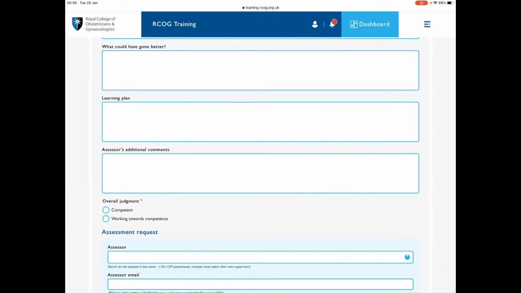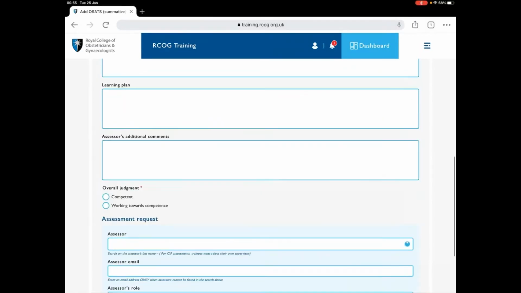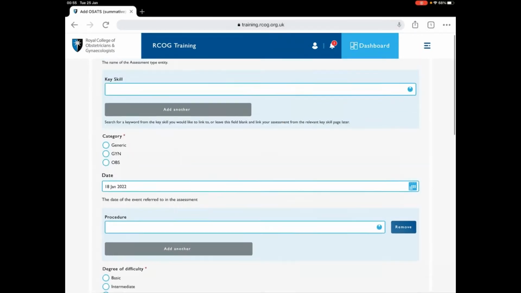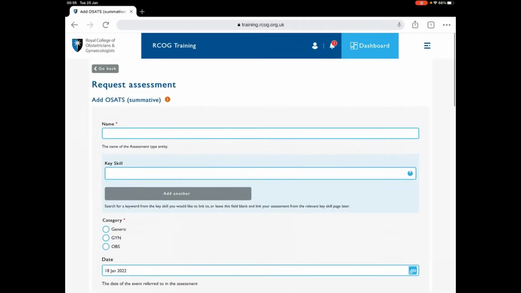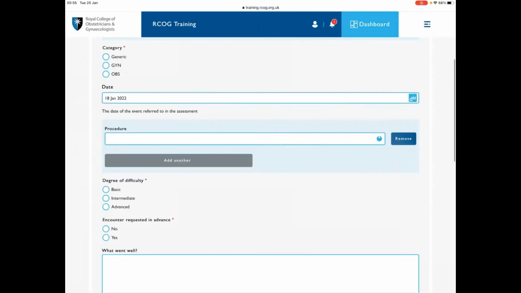I will come with you next time, and if you modify whatever we discussed today, next time I will sign it as competent, but today I will do it as working towards competency. Okay, so that's it. So as you can see, it's the same. However, this summative OSAT is very, very important to judge